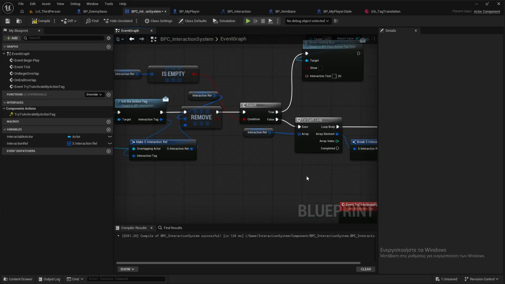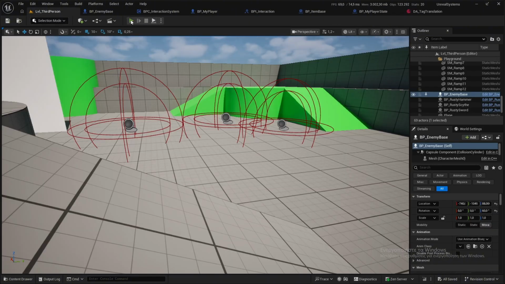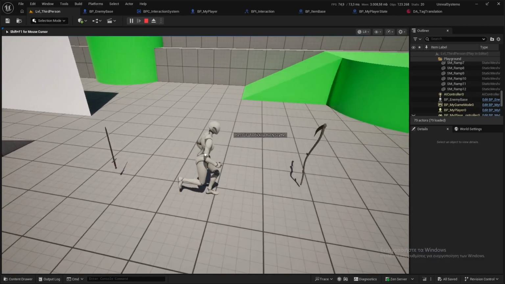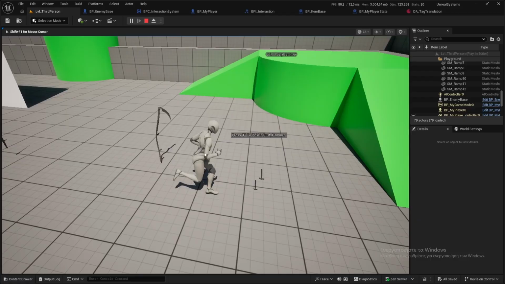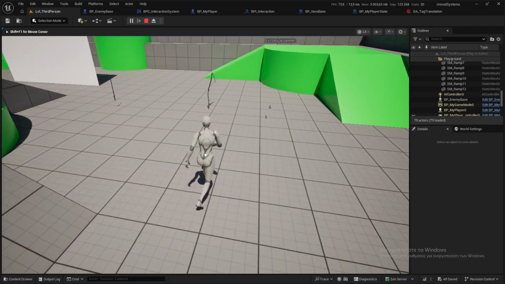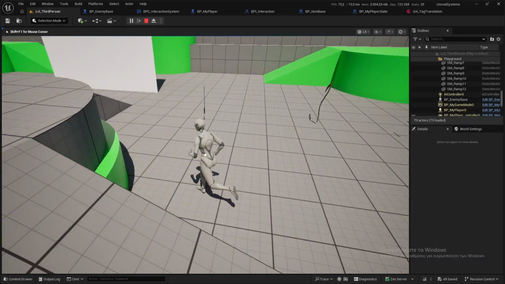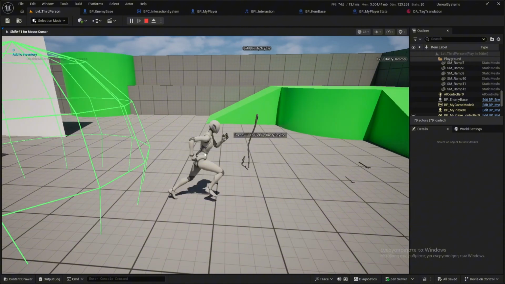So I believe now you will have a sword text. I'm sorry, and if you stop overlapping, it goes away. So now if I press F, I can interact with it,